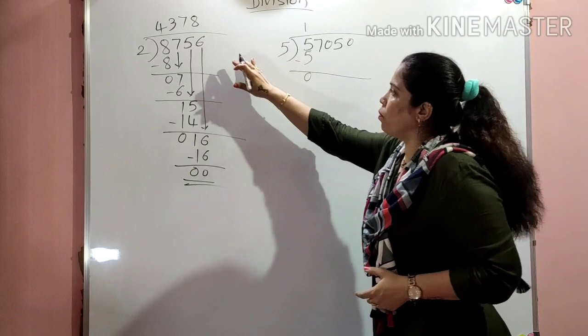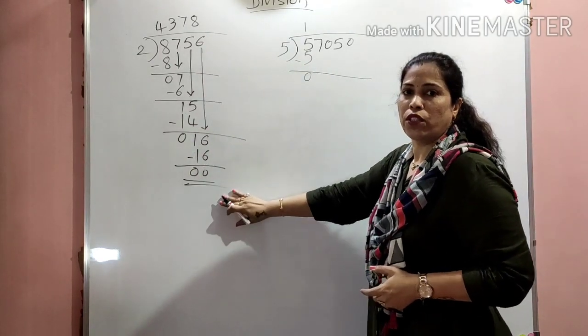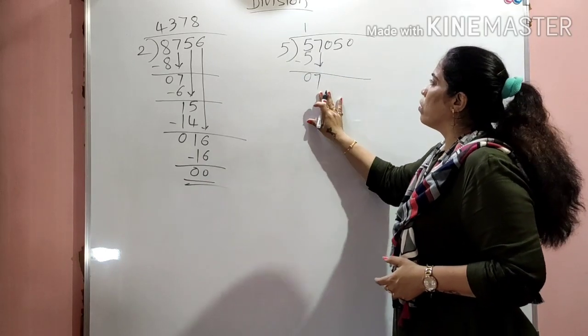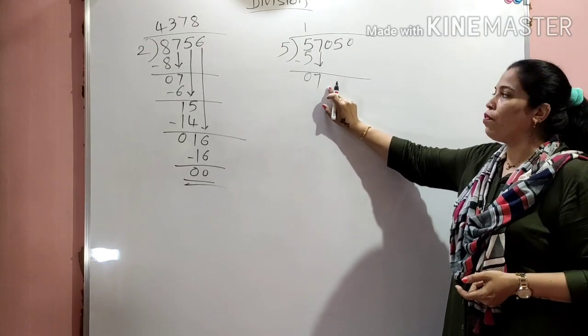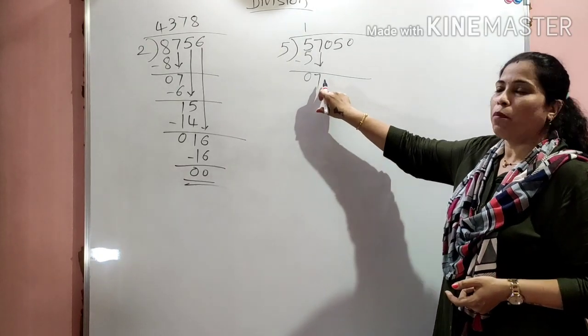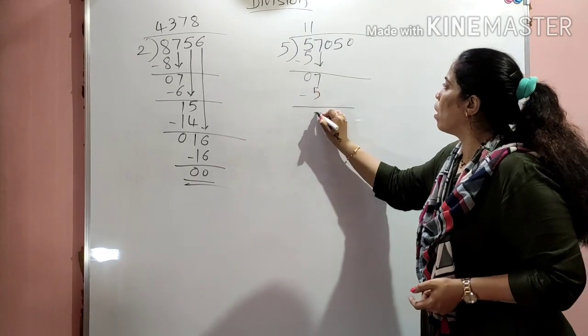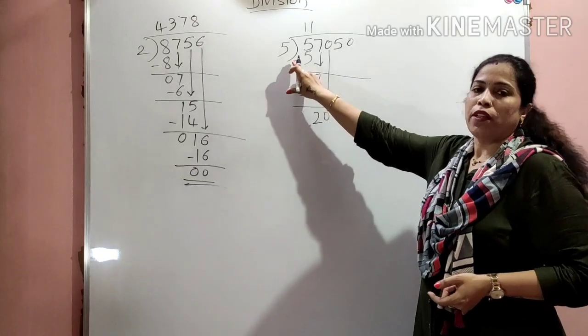See, these steps should be there. First step, second step, third, fourth, like this it goes on. Okay children? So 0. Now here 7 I have to take. 7 will come down. So again 7 is not coming in the table of 5. So smaller than 7, which number comes? 5 1s are 5 again, I will take 5 minus. So here it comes 2. Then this 0 will come down.